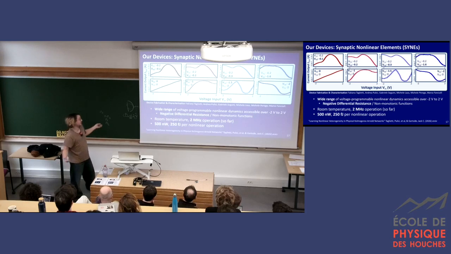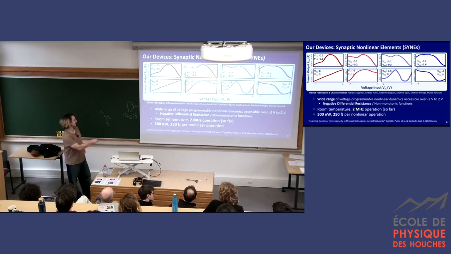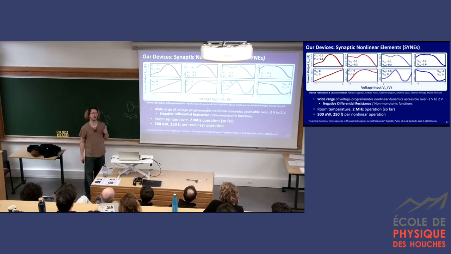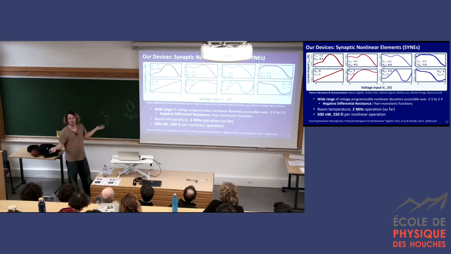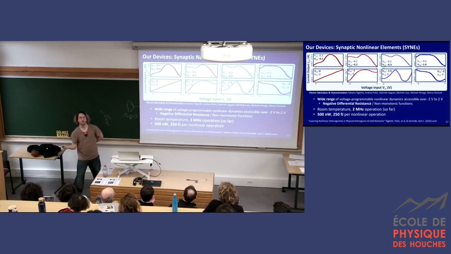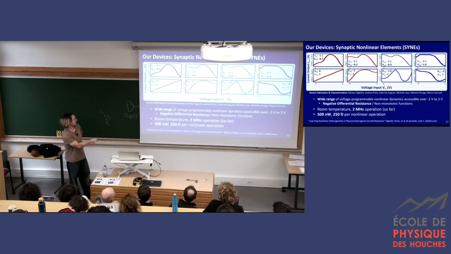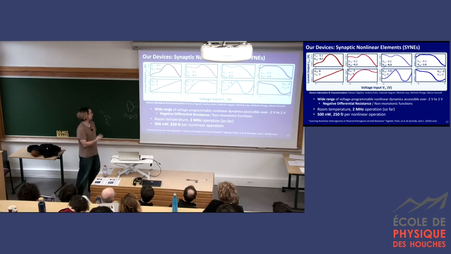And the tech specs are, we think, quite nice. So they run at room temperature, up to 2 megahertz operation, and they say so far because that's where we hit the bandwidth of our transimpedance amplifier that lets us measure them. We've bought a new one. We think it can go at least a bit faster. And then we're looking at kind of fractions of a microampere. So it's maybe 0.1 up to 1 microamps over the range of -2 to 2 volts. So if you run that through, it's running at hundreds of nanowatts and sub-picojoule per nonlinear operation.